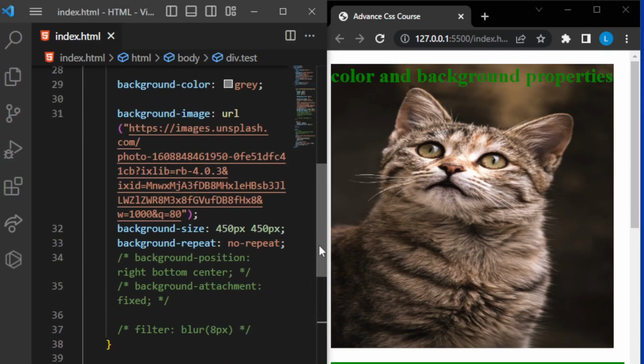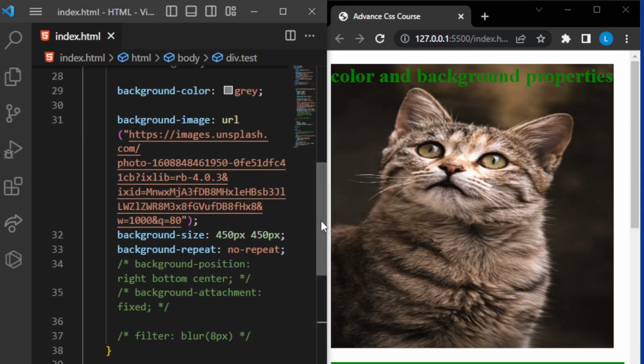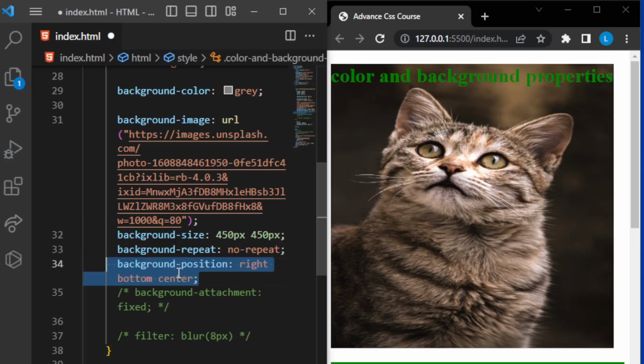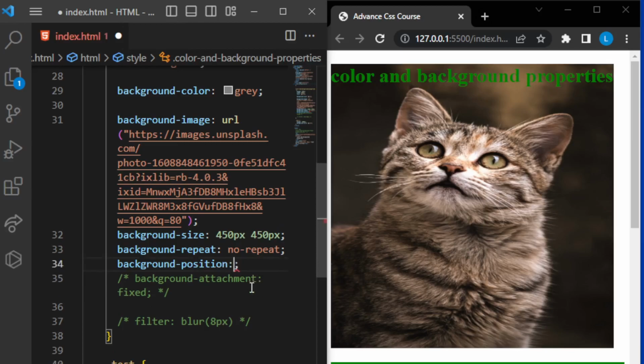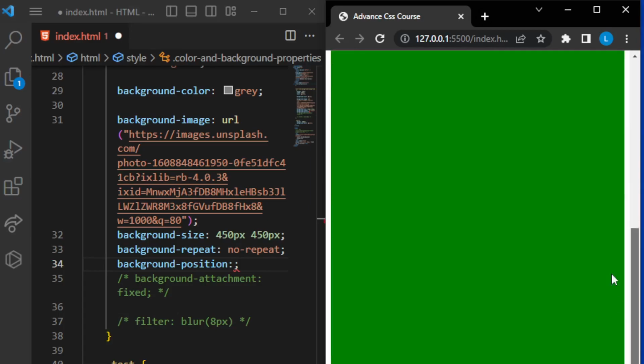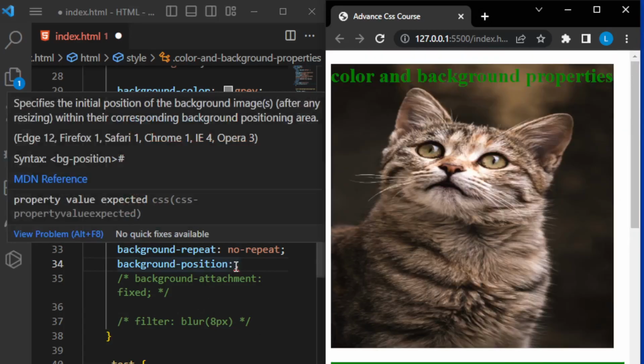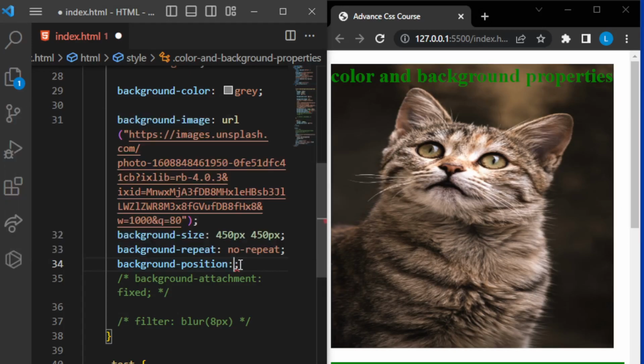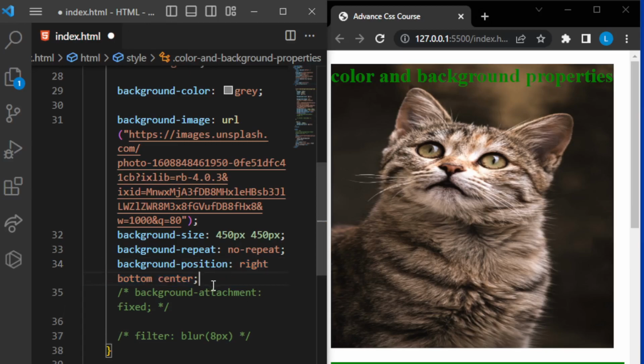So let's talk about our background also. Background is a difficult topic, that's why it is taking much time, but it's now going to be completed. Now background position, I'm talking about background position. Let's uncomment it, and background position I have nothing. Let's first see without saving the changes. Here you can see that it is showing this, it can be scrollable, but if I do this,